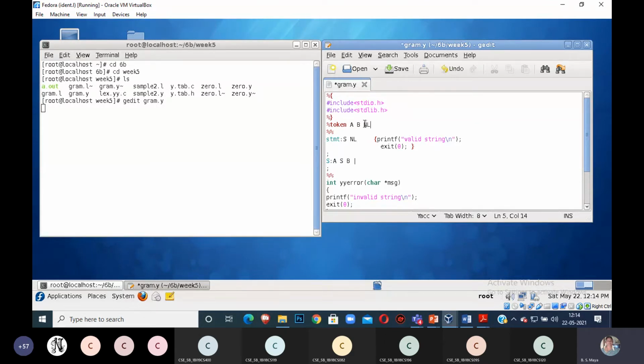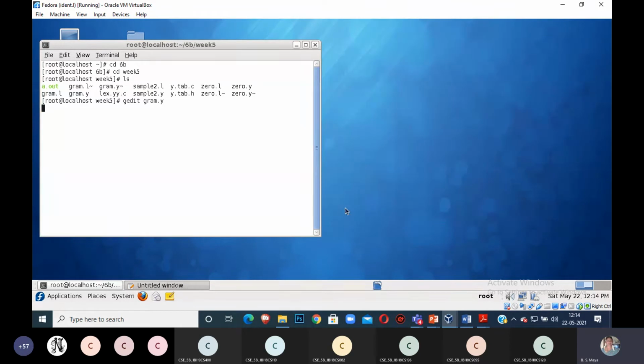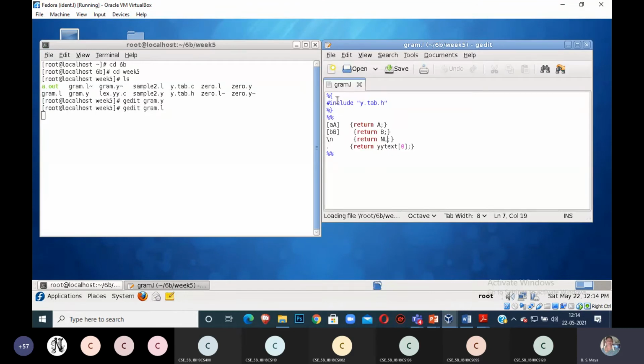Save and quit. Next, I have to go for the Lex program: gedit gram.l. I am writing percentage open, including one header file, y.tab.h. This is created by the -d option. a or A returns A, b or B returns B, \n returns NL, dot returns yytext[0]. Okay, my Lex program is also over.